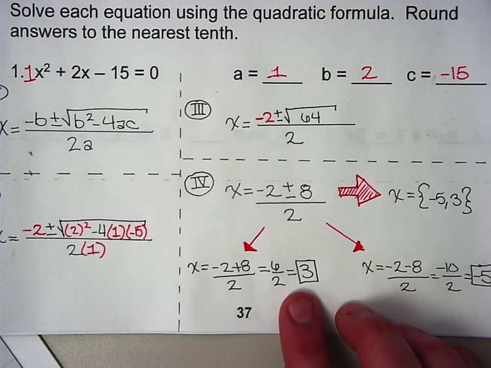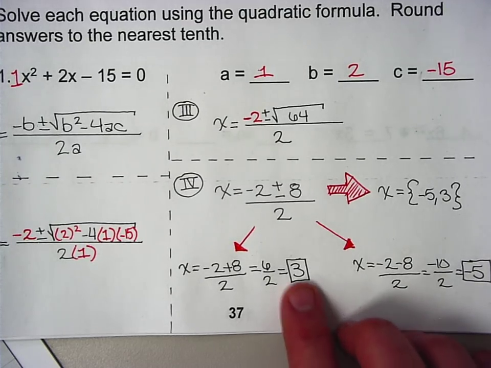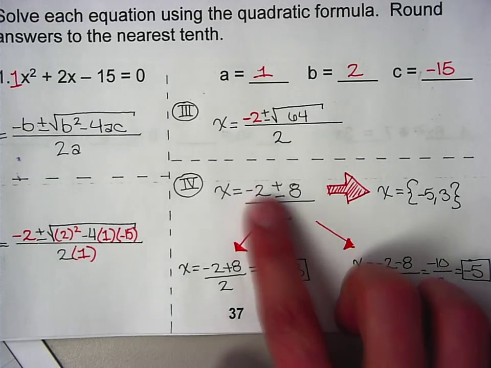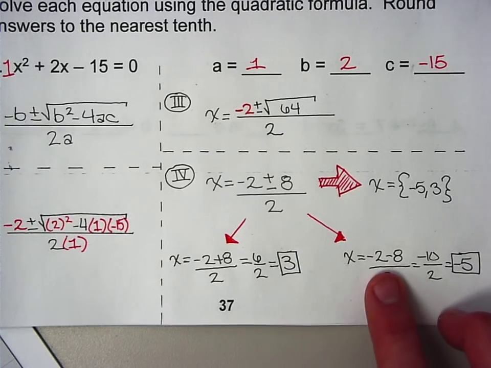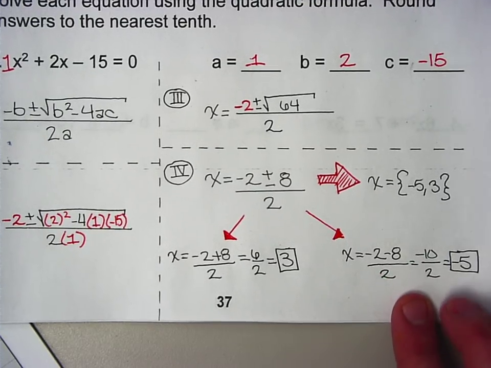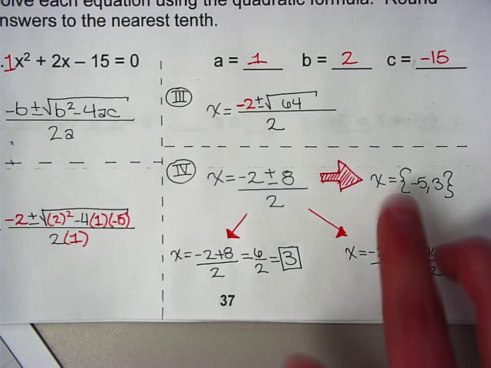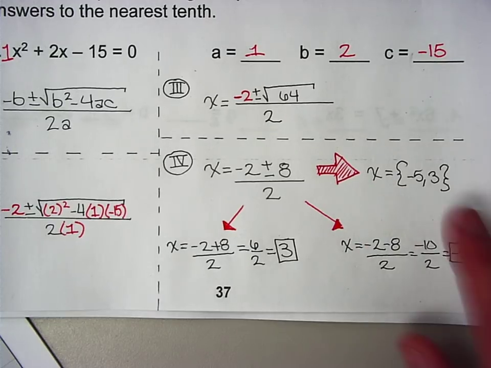So what we're going to end up having is two separate answers. My first answer is going to be a 3. Now if I do subtraction, I'm going to do 2 minus 8, negative 2 minus 8, excuse me, which is a negative 10, divided by 2, which gives me a negative 5. So one of the big ideas is that when you're solving quadratics, you're going to end up with two answers. X is equal to negative 5